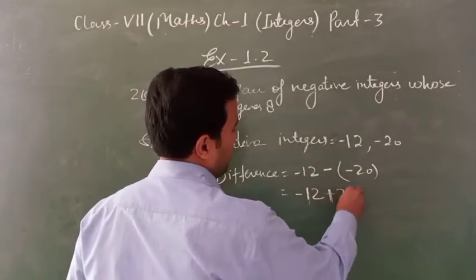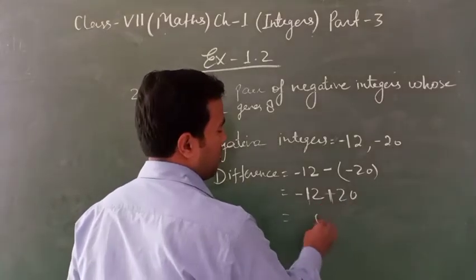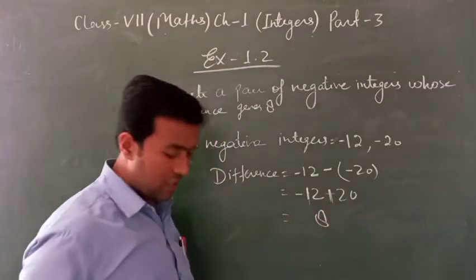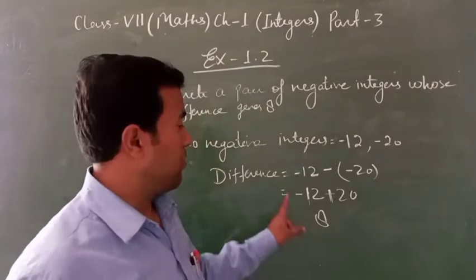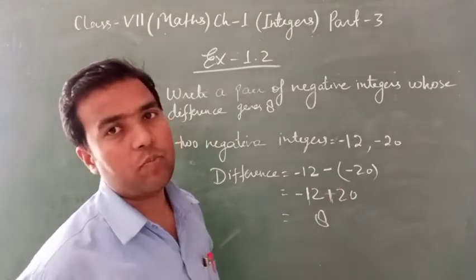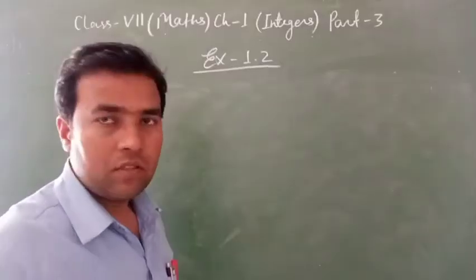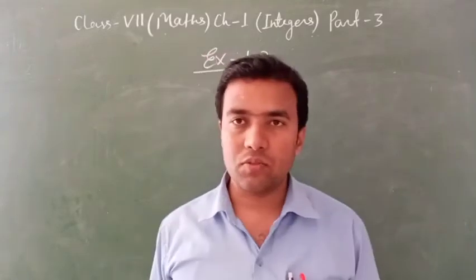-12 plus 20, that is minus plus minus 20 minus 12. Here the sign is plus. Why is the sign plus here? Because it is -12 and +20, and 20 is greater. The sign in front of 20 is plus. That's why. Note down. The second B you can do.